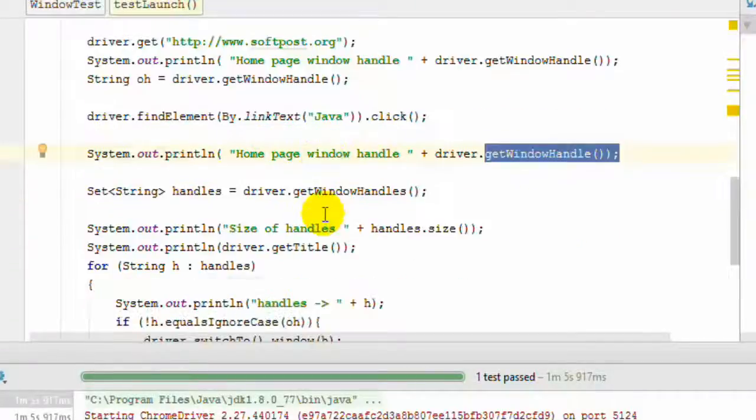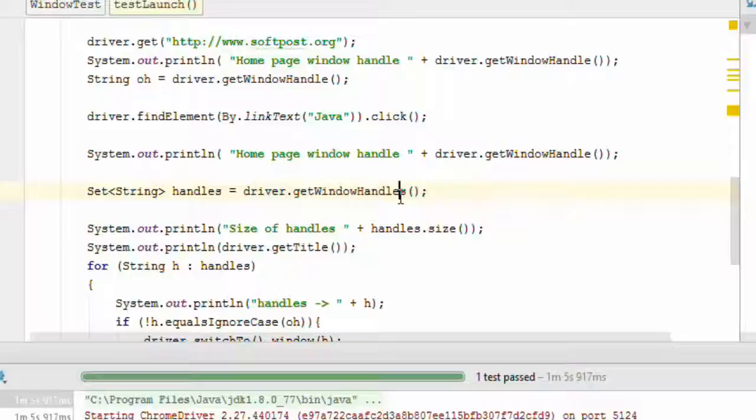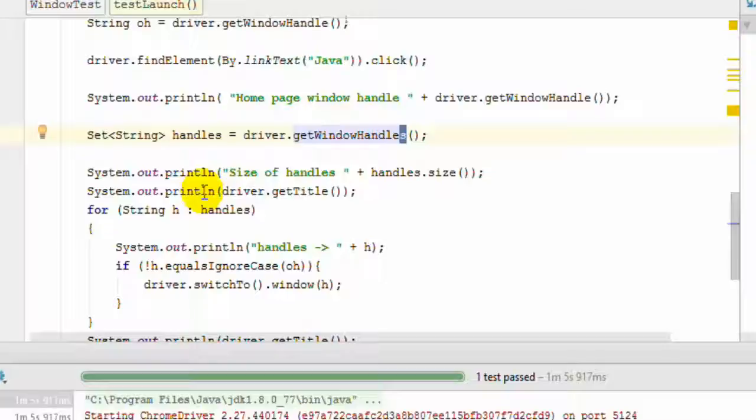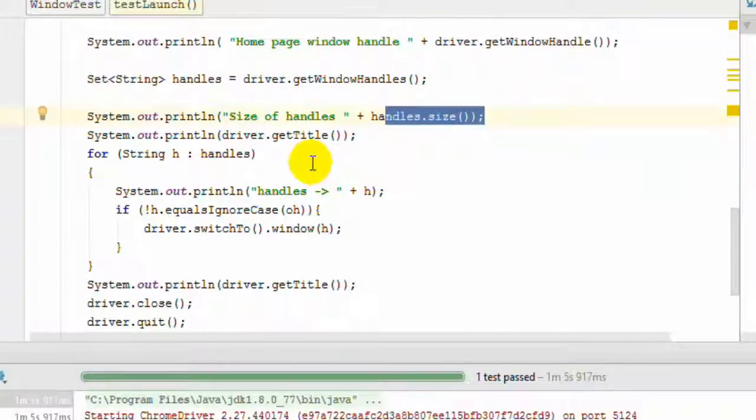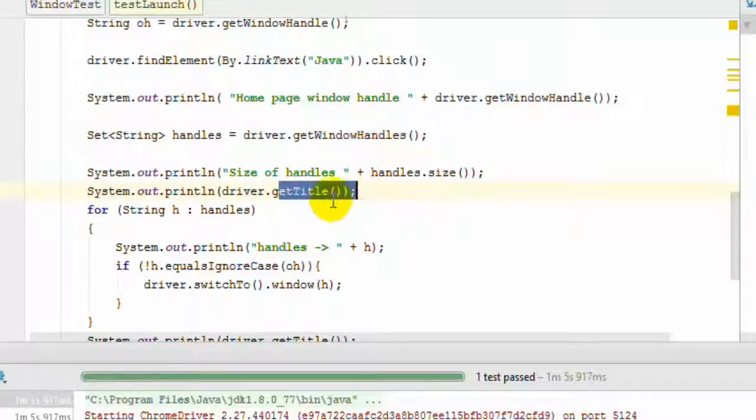as well. Then we have another method called getWindowHandles, which is different from this one. Notice that there is an extra s, and what it returns is the set of strings, or the set of all the handles that are opened by Selenium. So there are two handles, and if you print the size, it should be 2, since there are two windows at this moment. And if you get the title here before switching to another window, it will print the title of